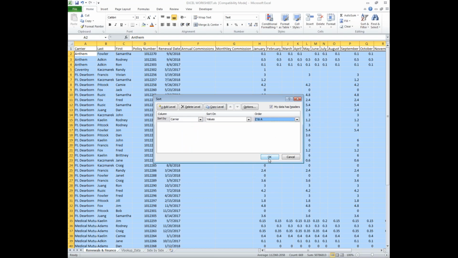And then let's say we wanted to add some other sorting data. Let's say we also wanted it to run alphabetically by last name after that. If I wanted to do that, I would click this Add Level button up here, select last name, and as you can see, our values are already selected, A to Z. I'm going to click OK in a minute, but a thing to note is when you have a level selected,